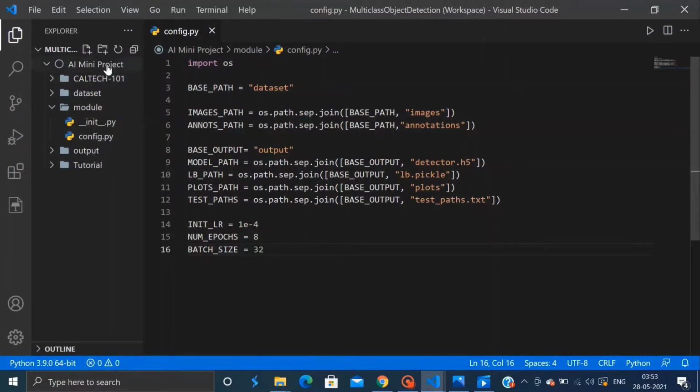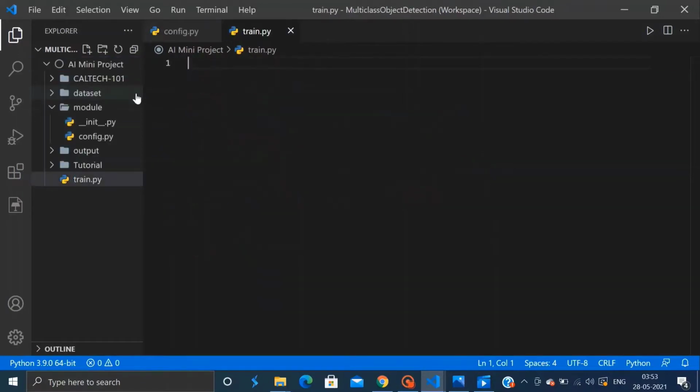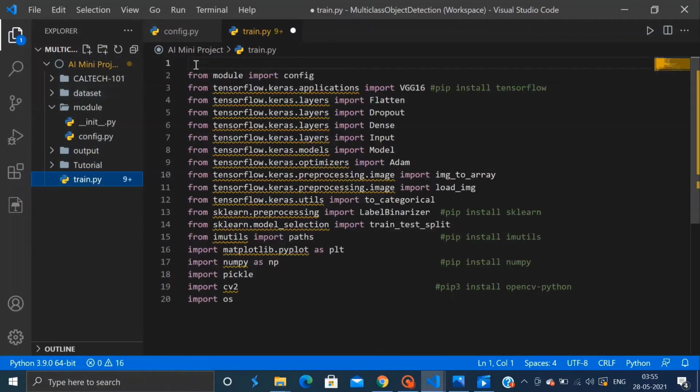So for this I will create a file called train.py in our project directory and start by importing the necessary packages. The most notable one of them being the config.py file from our module directory, which has all our paths and hyperparameters.